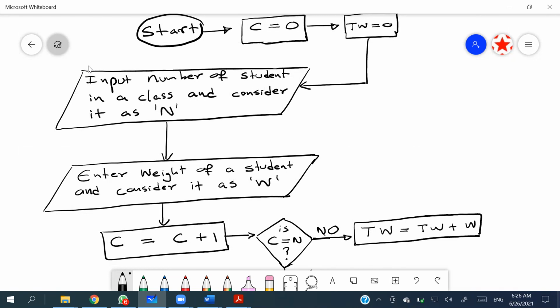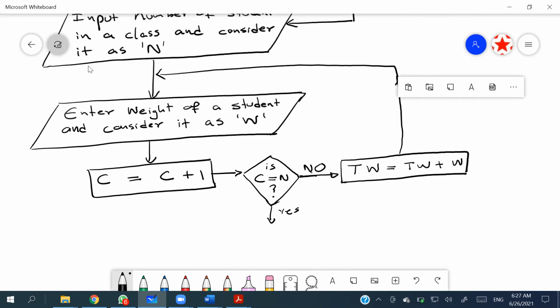So next weight means we have to move this to right over here. Then it will ask for another weight. The counter will be increased by 1 and the count will be checked whether it is equal to n. If it is not, then the iteration continues. Once it is equal to n,